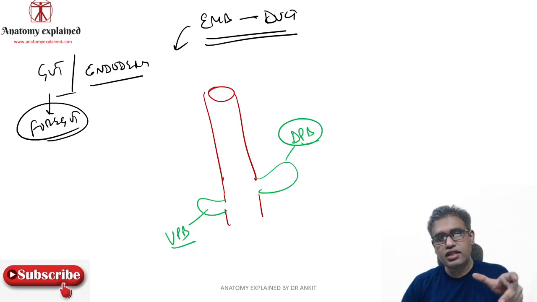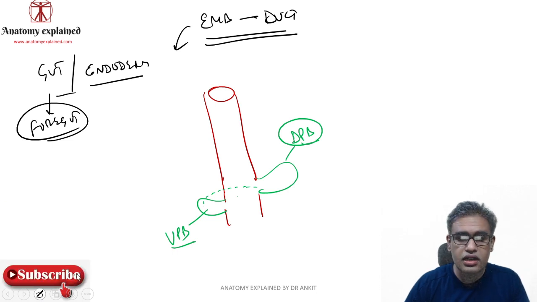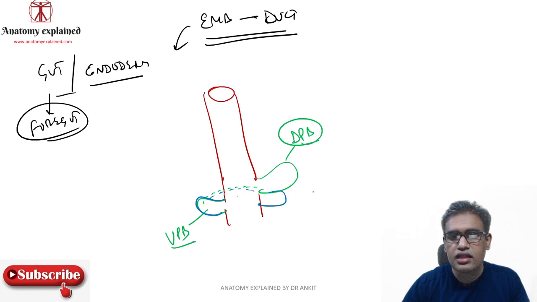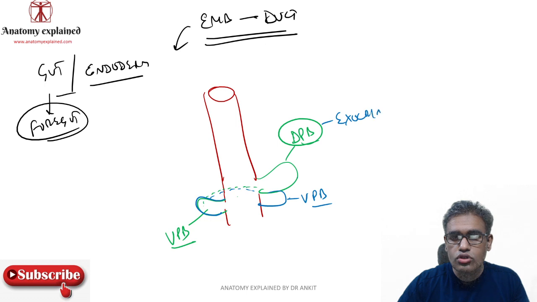Now in the foregut, there is a 90-degree rotation embryologically to the right side. So this ventral pancreatic bud will go behind the duodenum. This part of the foregut is the duodenum, and it will attach finally just below the dorsal pancreatic bud. So it goes behind over here, then finally the ventral pancreatic bud falls over here, and these two buds try to fuse. And meanwhile the buds are growing. These buds are growing mainly into an exocrine gland.